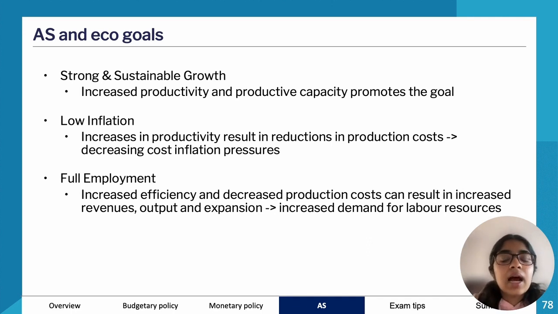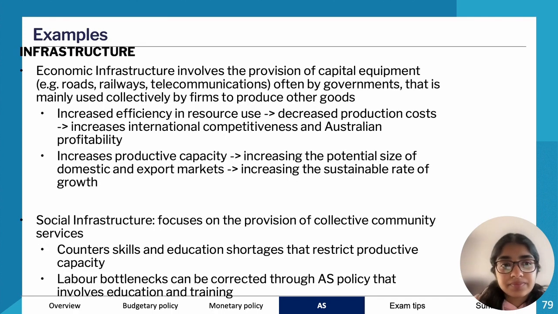Full employment: we want to make sure that resources are efficient. So we want to make sure that labor is really efficient so that there's more demand for that labor over the long term. An example of that could be the car industry. Let's say people were really efficient and quick at making cars, so the labor was really great. That means that over time, these companies are going to be more willing to hire labor resources. So that actually helps our goal of full employment.